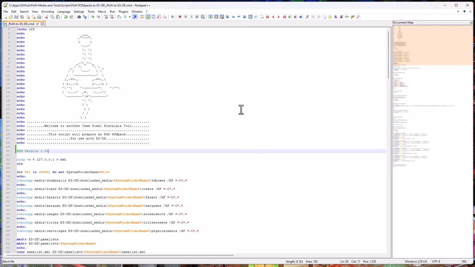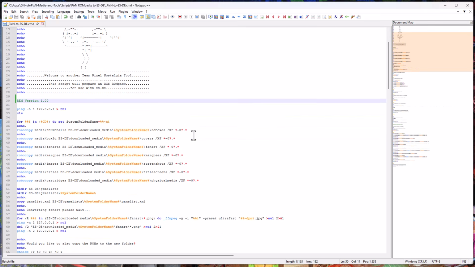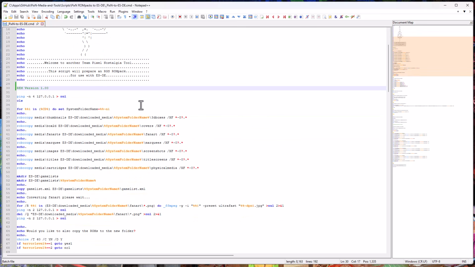So here's the actual script. Obviously I'll show you it running in a second, but just a quick run through of what it does. And I'll show all the differences as well. It basically takes, you drop it into one of the existing RGS ROM packs, just in the root of the ROM pack, and again I will show all this, and then you run it, and what it does first time, it just creates a subfolder in that ROM pack called ESDE, and then copies all the artwork in,